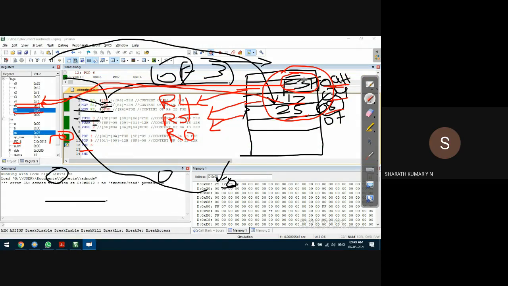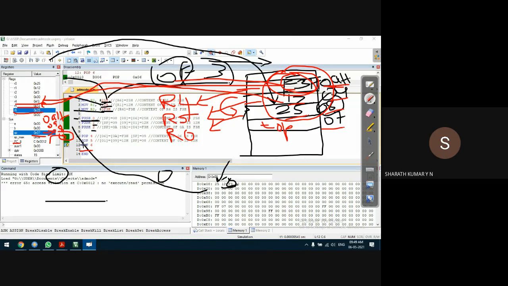Next line of execution, there is 25H. When the first byte is copied, the stack pointer is decremented by one value. Please observe this. The stack pointer is also decremented. It was initially 0AH, decremented by one it becomes 09, then 08H. As the stack pointer decrements, the location it points to is the top location of the stack memory. Now the stack pointer is pointing to 07H. 07 is the top location of the stack memory. Wherever the stack pointer is pointing, that is the top location of the stack memory.